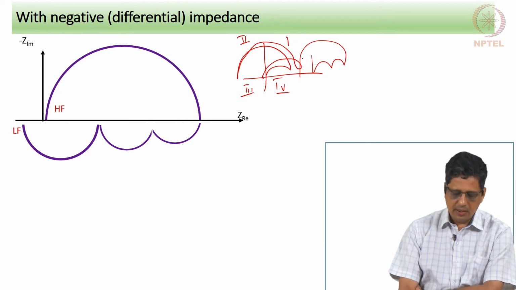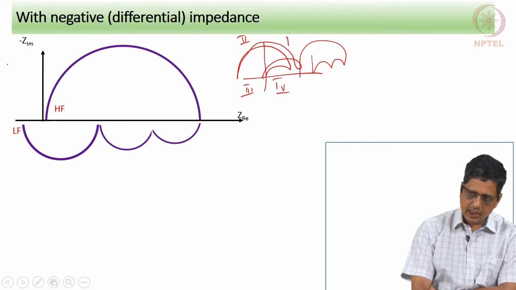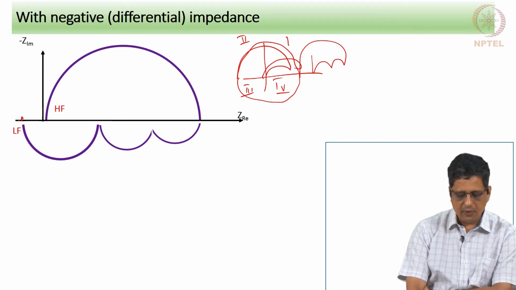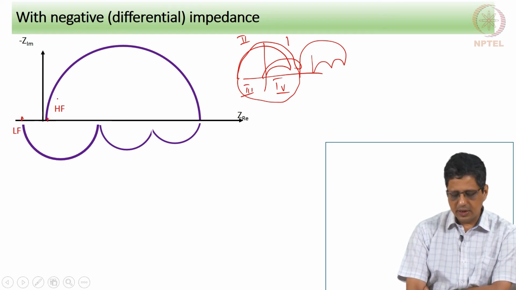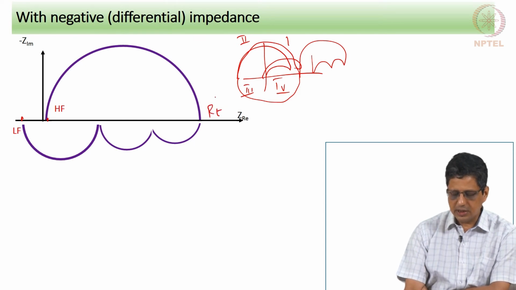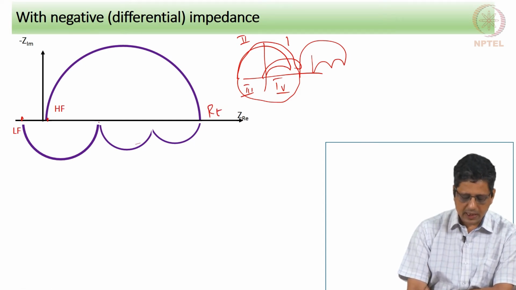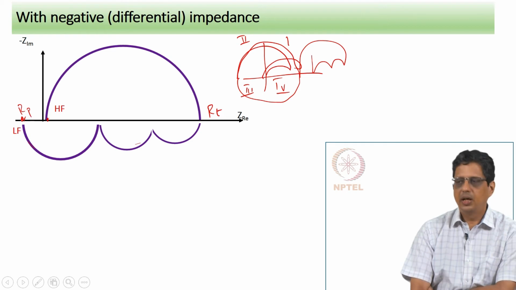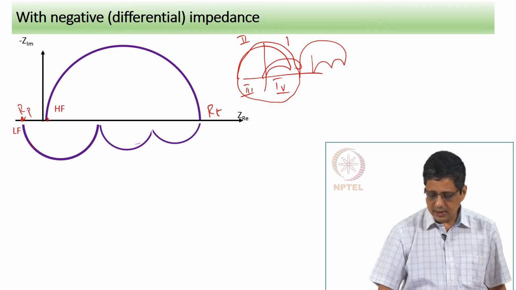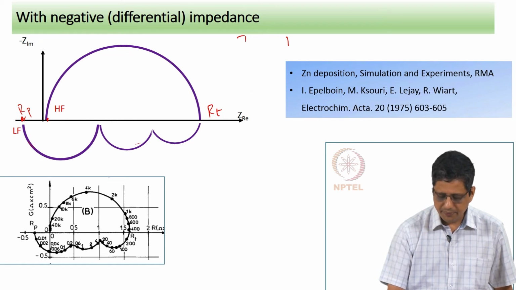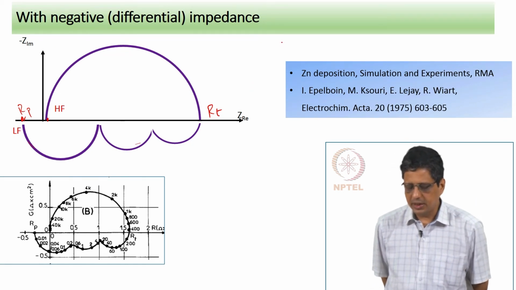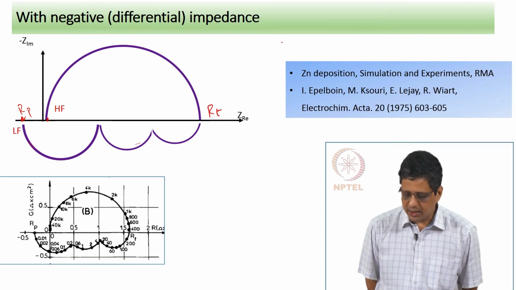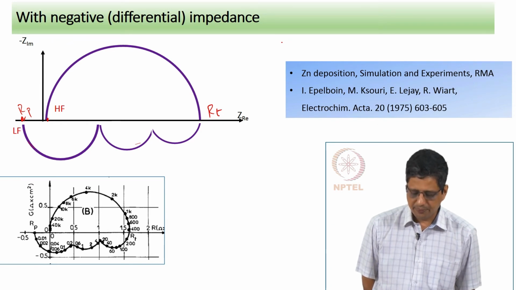But it is also possible that it starts here, it does not go to the second quadrant at all, it just goes via the fourth quadrant and the third quadrant and settles at a negative value here. That means, this is the solution resistance at high frequencies, this is the charge transfer resistance. You have one inductive loop, a second inductive loop, a third inductive loop which is large such that it actually settles at a negative value here. Okay. This has been done in simulation for zinc deposition, if you remember right, under galvanostatic condition, analyzed by Professor Appelboim and others, published in 1975.